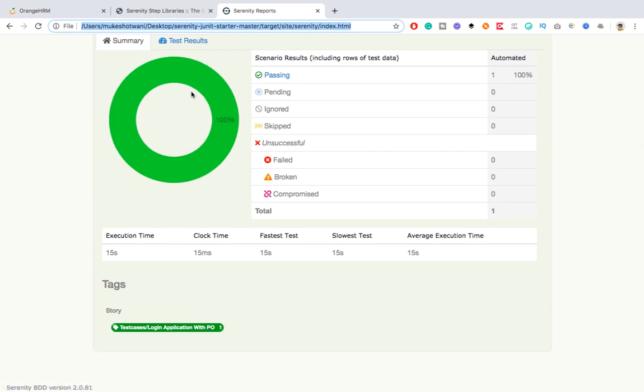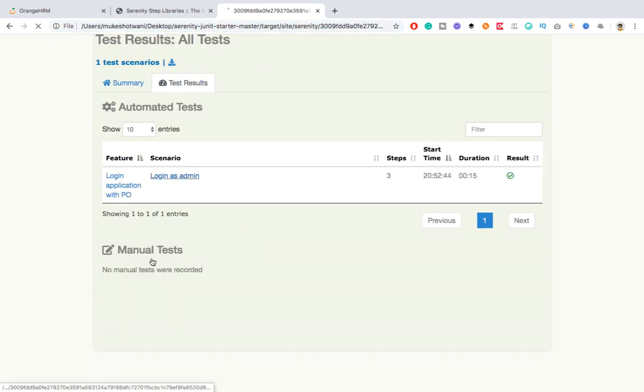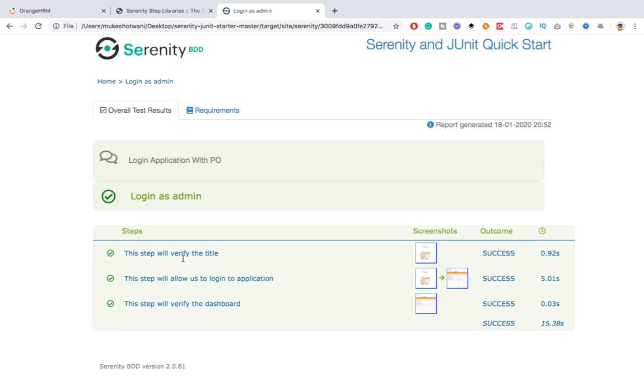So you can see the test executed. This is the test result. When you click on login as admin, can you see this? Each and every step is coming in a report with proper screenshot. We have not done any changes in the code. We just changed one small property file saying that we want a screenshot for each and every action,